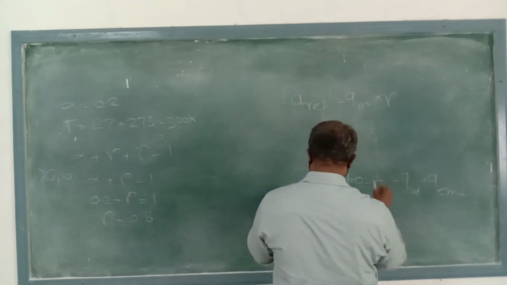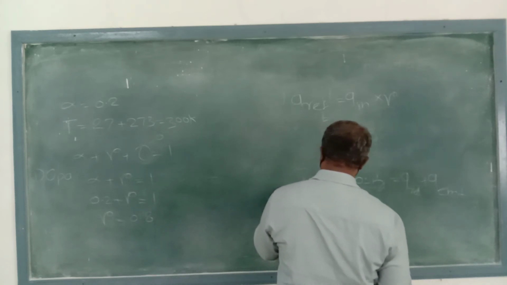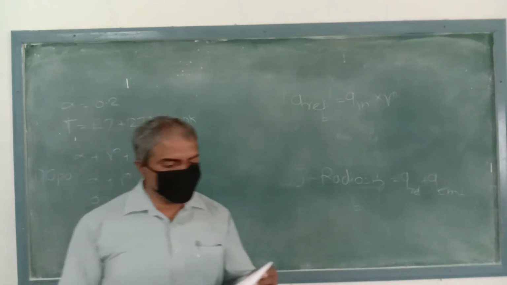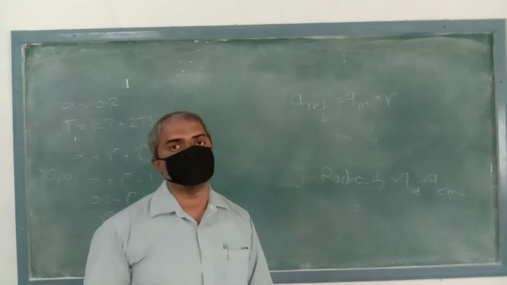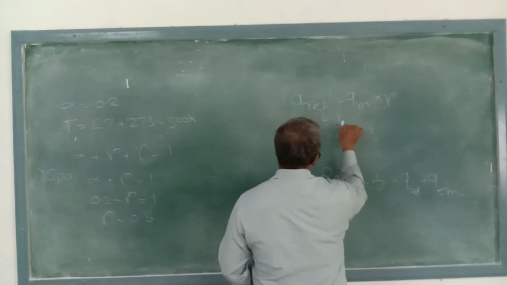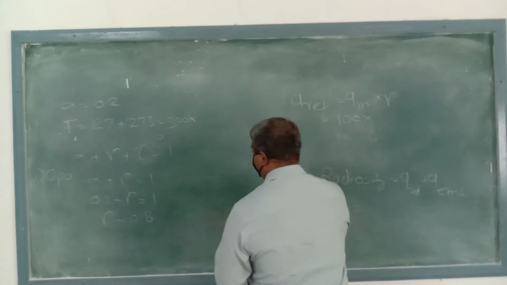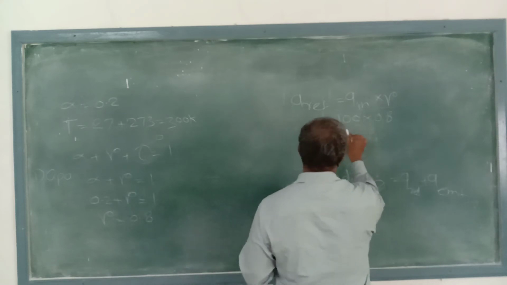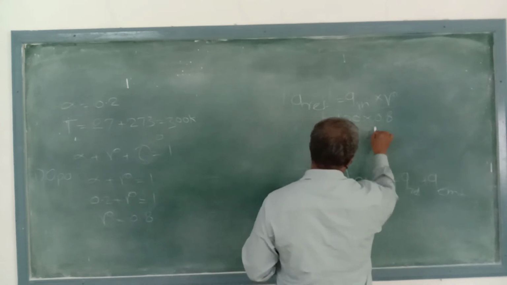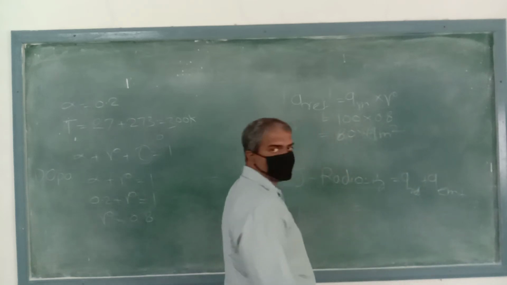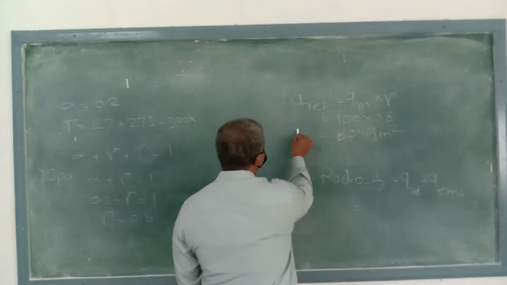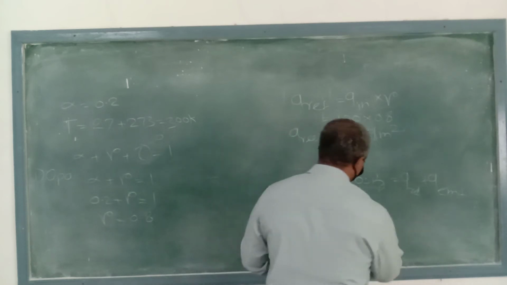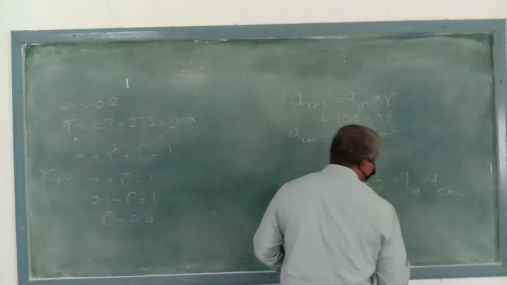So this is first we are finding, as we are getting the gamma value, we have to substitute over here Q in. Okay, Q in, how much value they have given? They have given 100 watt per meter square energy is incident on the opaque surface. So they have given the Q in value. So 100 into 0.8. So this value becomes 80 watt per meter square. Okay. Now you are getting the Q reflected value. Once you got the Q reflected value, you are writing over here 80 plus.